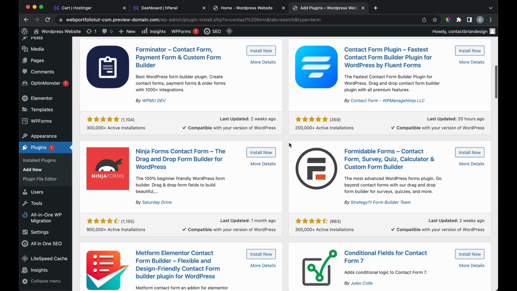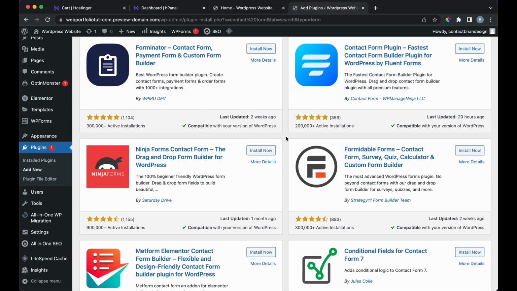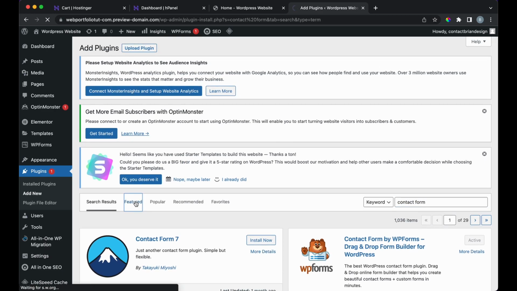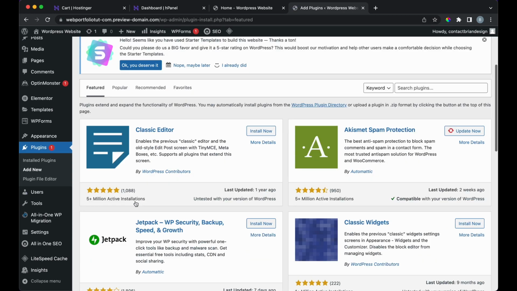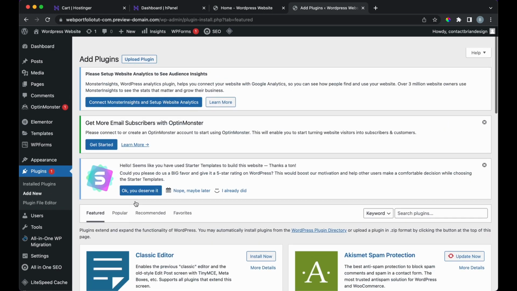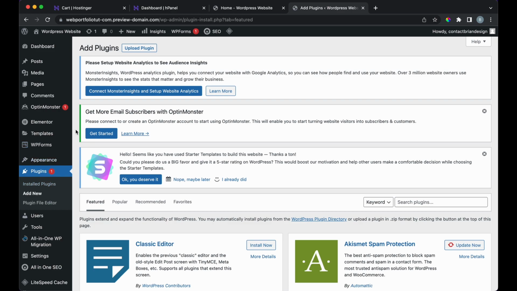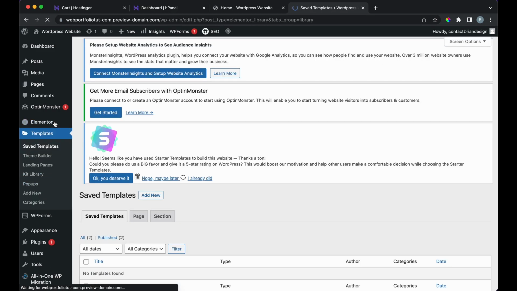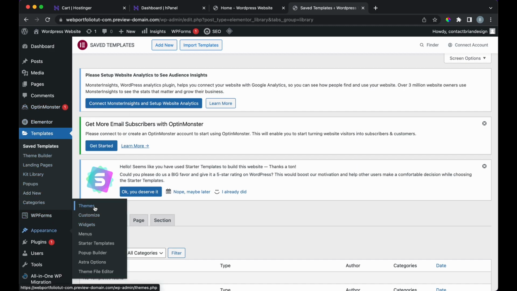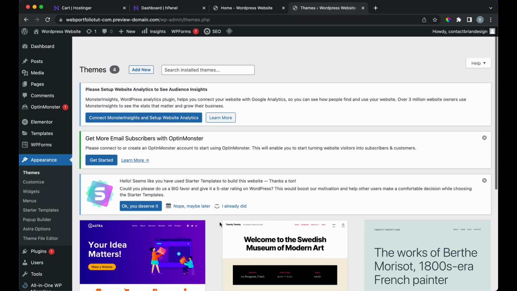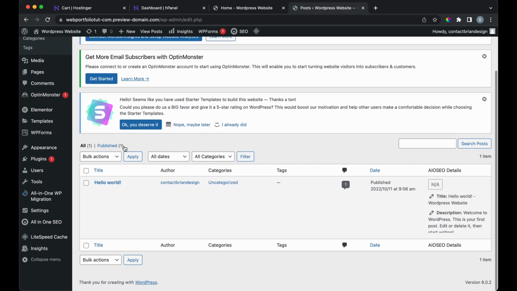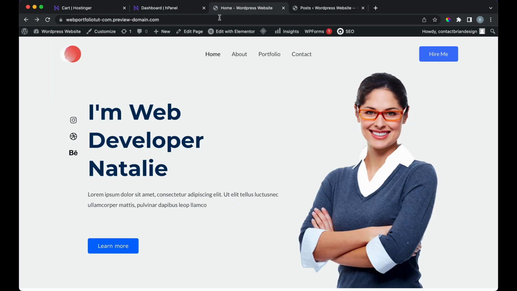Basically, think of this like an app store where you can add things to update your websites. Anything you want to add, SEO, speed, security, any of those features, this is where you would go for that. And if you do not like your theme, go to Appearance, Themes. You can always change your theme. And then Posts too, if you do end up having blog posts, this would ideally be where you would have them on your website. Right now we don't have